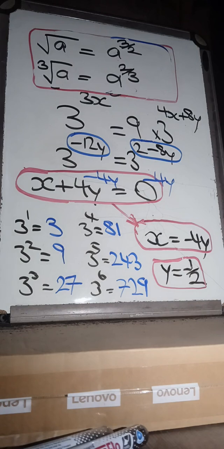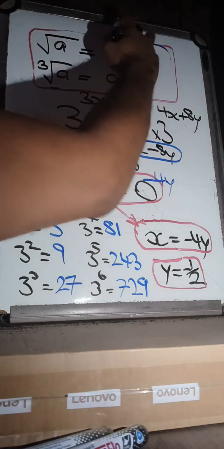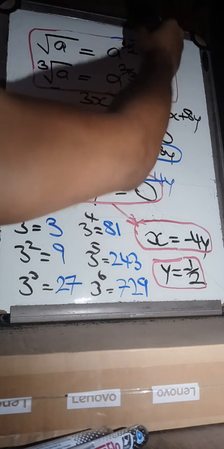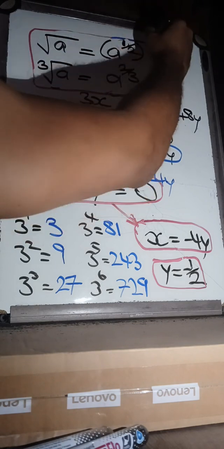What would that look like? Well, imagine it like this. What you had before was 1 over 2. Well, if you were to separate that, the a raised to the 1 over 2 has a 3 on